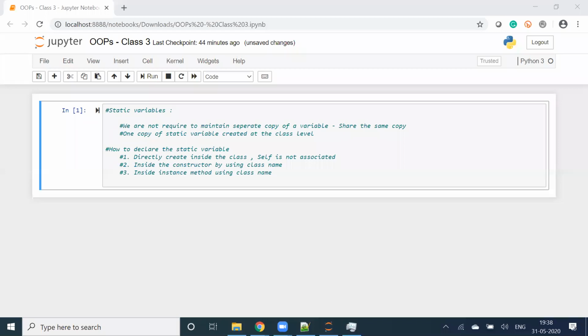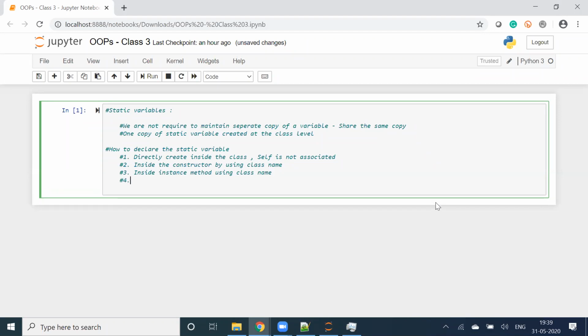There are 3 types of methods, which we will discuss in a future class, I think the next class. As of now, an instance method is one where we are using self. Just keep that in mind for now. So inside an instance method also, I can create a static variable using a class name. All right, that is good.